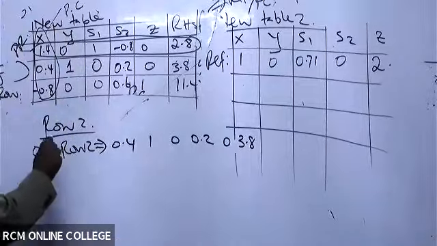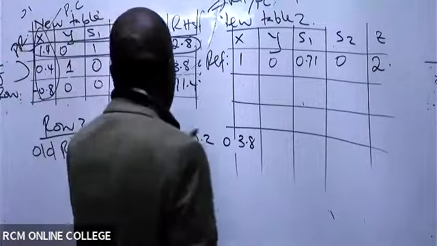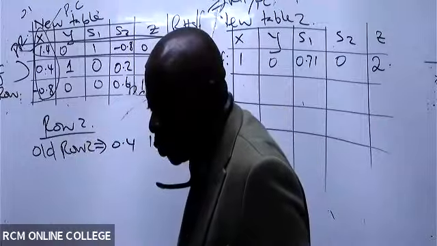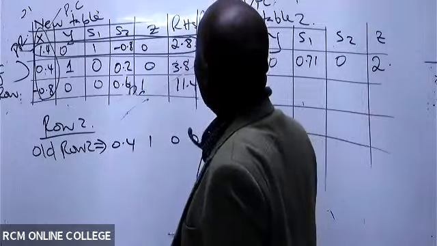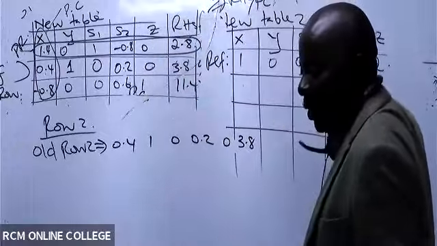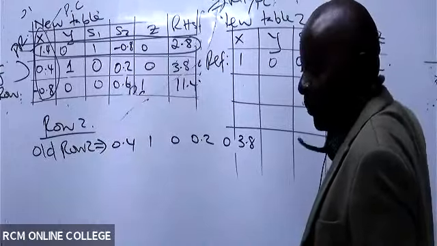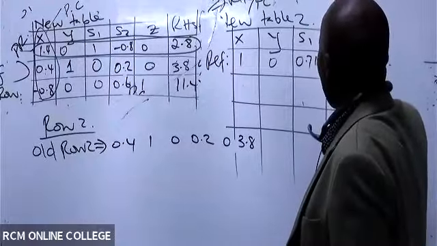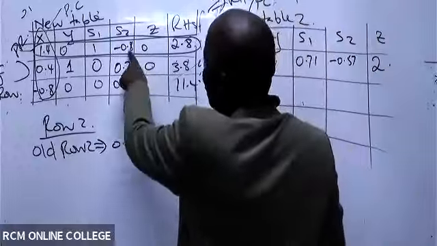Niambeni katika hii row number 2, pivot column iko wapi? Pivot column iko on top of which number? Or S2 is supposed to be 0.57. Here, this one S2, this one S2. I'm told it's supposed to be minus 0.57. Then that means that this figure is wrong. S2 point